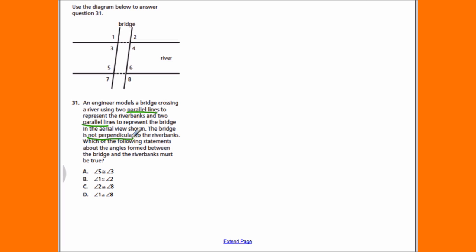It's important to read this one all the way through. Now we know these two lines are parallel, these two lines are parallel, and nothing is perpendicular, meaning they create 90-degree angles. Otherwise, everything would be 90 degrees. So what I'm going to do is go back and redraw this using two parallel lines